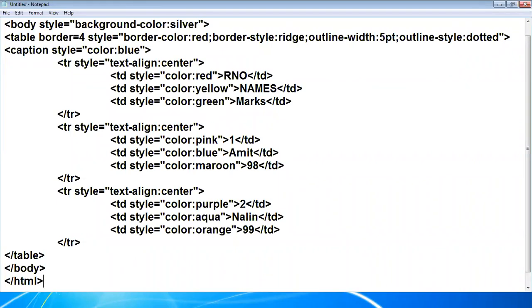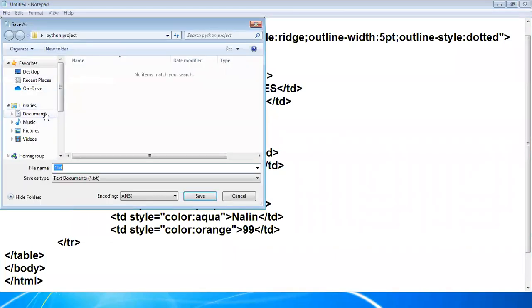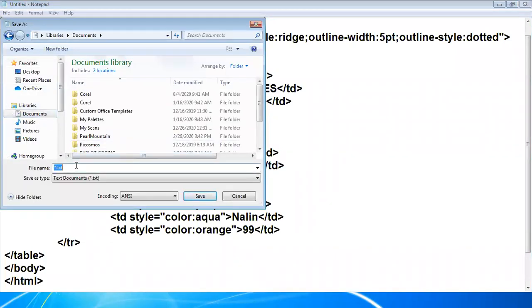Let us see the view of our coding in the browser. I save the coding, inline CSS revision.html.